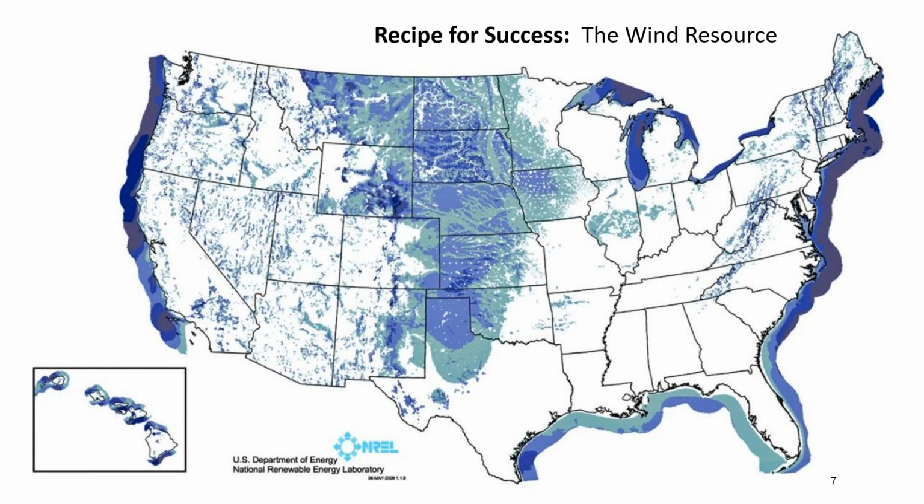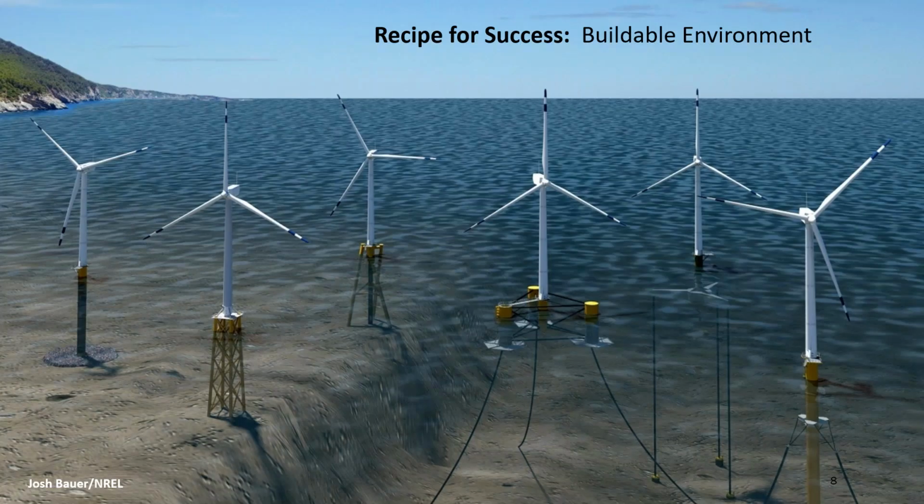And when you combine that with the technology that we currently have, which is bottom-founded technology, which you can see on the left-hand side there, it fits very, very well with our Atlantic environment where we have a shallow sloping shelf. The Pacific region has great potential, but because the shelf drops off so quickly, it very likely will need to be, or will be needing to use floating technology, which is coming along, but isn't quite there yet.